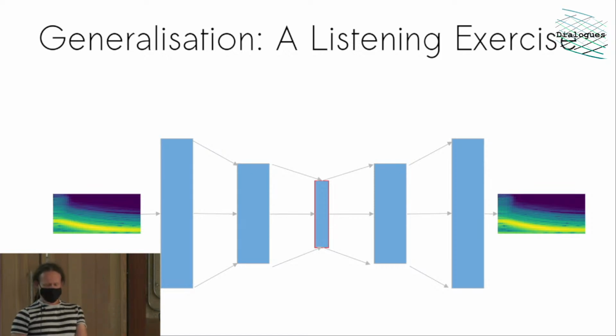But also, I'm really interested in how neural networks generalize. So often we're training a neural network. When do you stop training? If you train too much, you're going to overfit a network, and it's not going to be flexible. If you undertrain it, it's probably not going to do what you want it to do. So where do we stop? And that might be obvious for scientific purposes, but for creative purposes, what's the right answer to that? So let's have a listen to this final example.